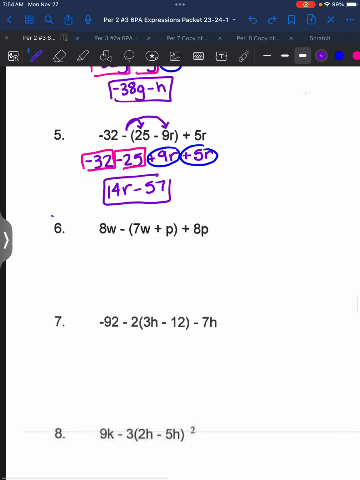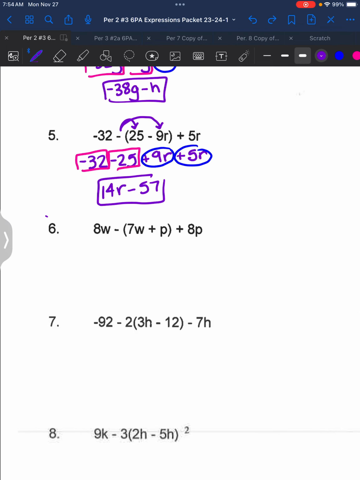All right. I'm going to speed things up here. The answer to number 6 is 7p plus w, and the answer to number 7 is negative 13h minus 68. If you got those correct, you could skip my explanation, but if you missed one of those, go ahead and